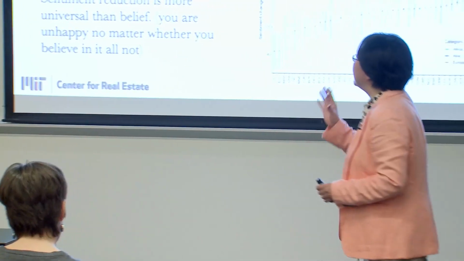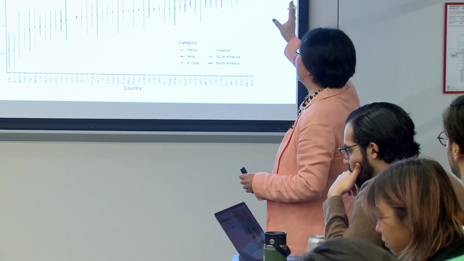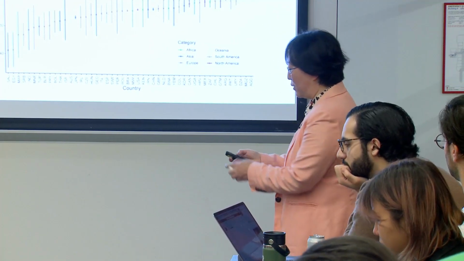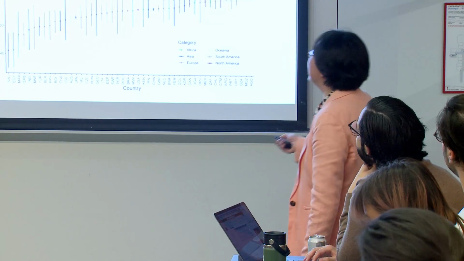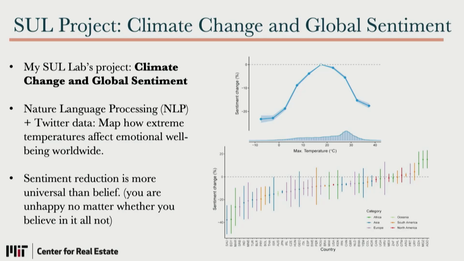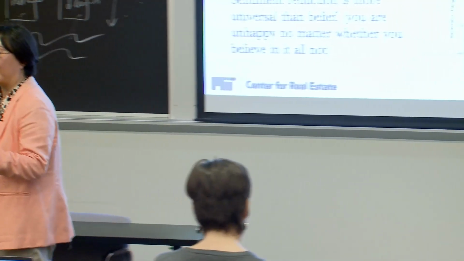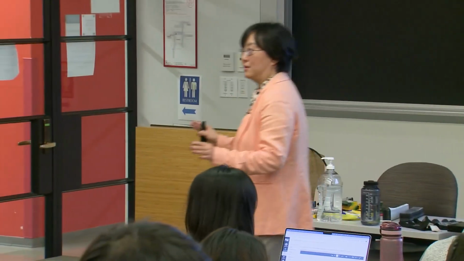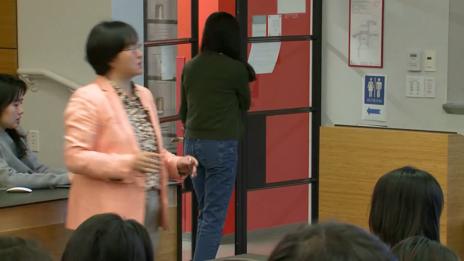And then we link this sentiment to extreme temperatures to show that when it's very hot or very cold, people are less happy. It seems very intuitive, right? But it's really heterogeneous. You can see different countries have different adaptation strategies. Not all countries are rich as in the United States, where you have air conditioning, you have heating. Some countries find it very hard to adapt to extreme temperatures.